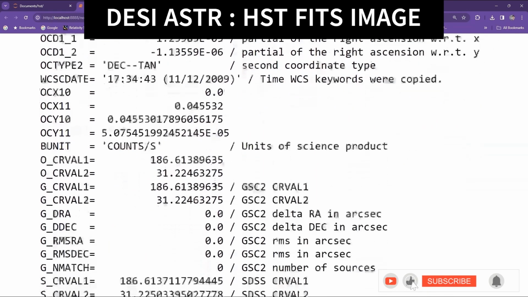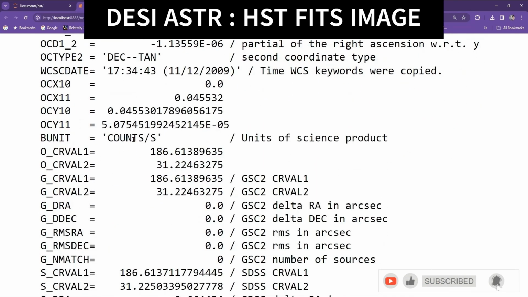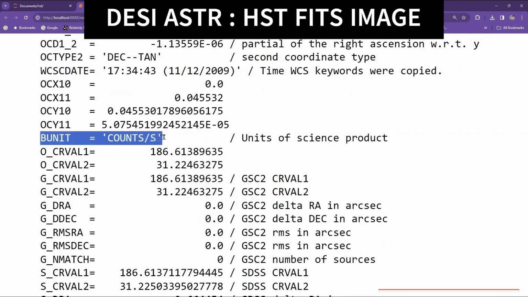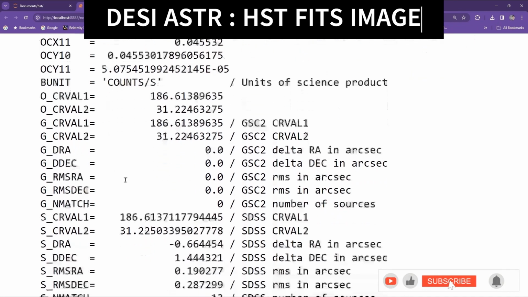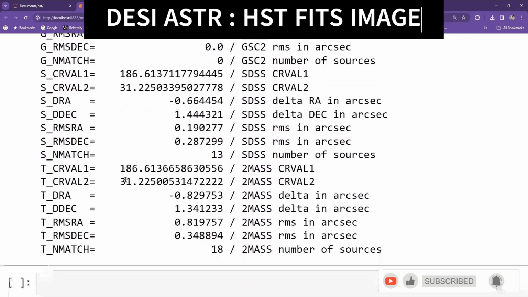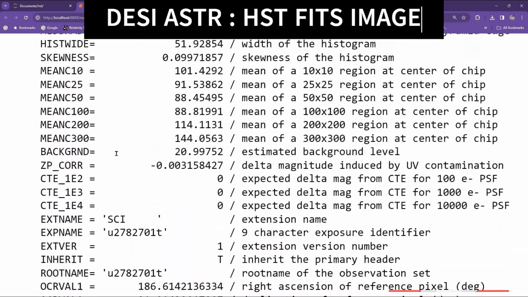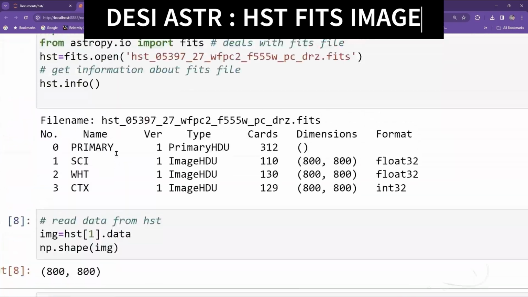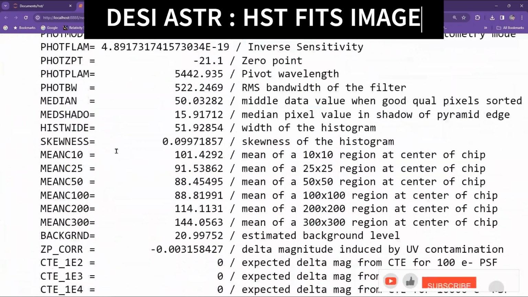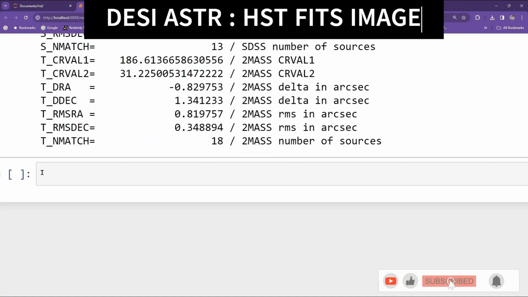Yeah, so you can see here the unit of the image is counts per second. So basically the intensity is in counts per second, right? Okay, so this much you have done. Now we'll be reading the image file. Okay, now